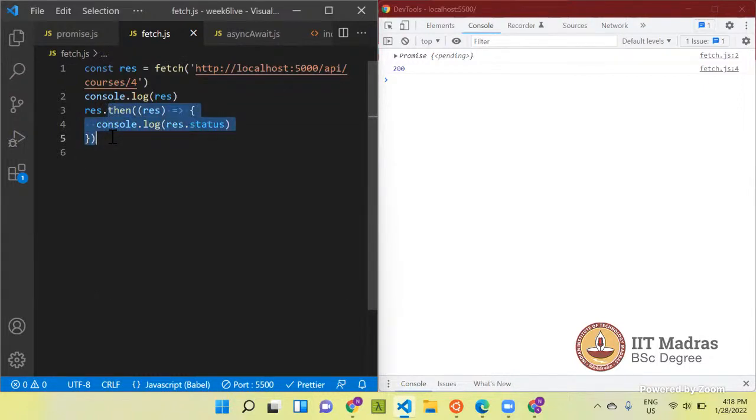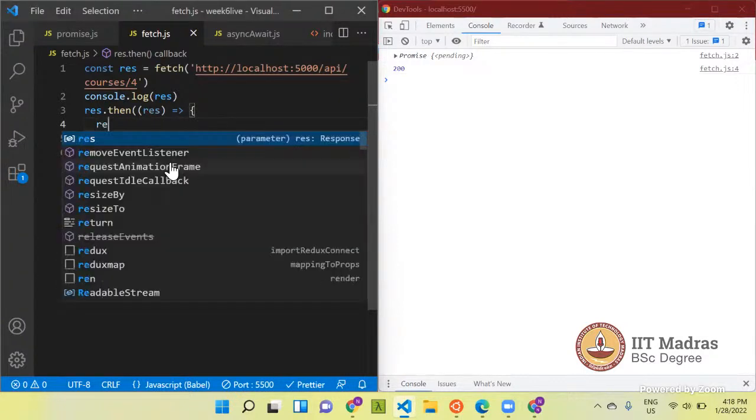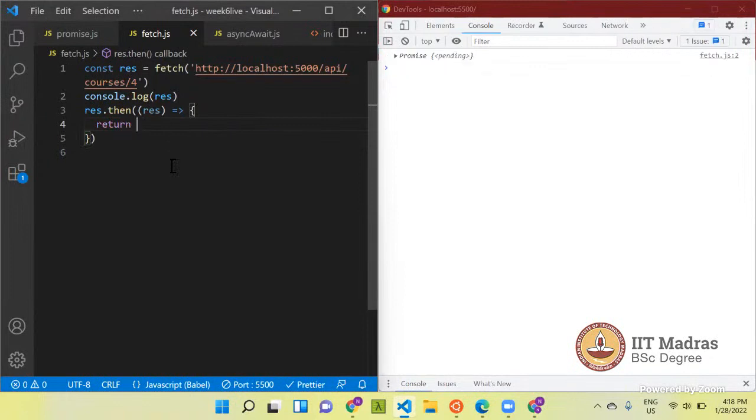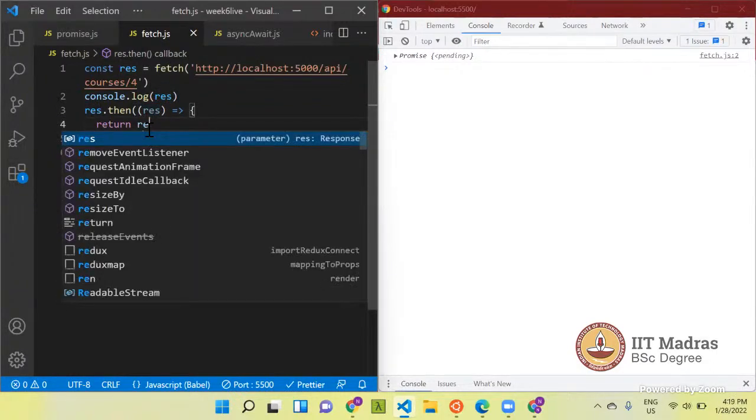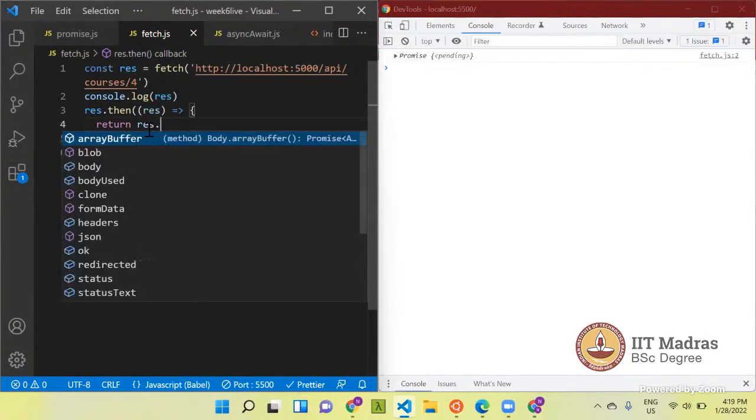Okay, and this then will again return a promise. If you remember the dot then chain. So let me return this response. Whatever this response is, I will return response dot JSON.